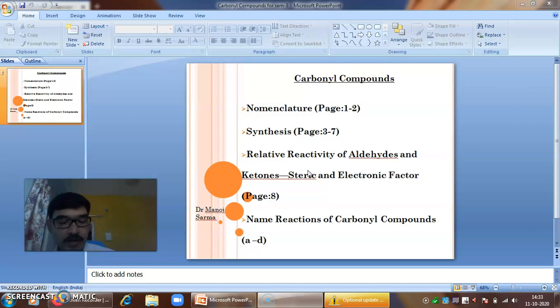Okay. Then another, on page number 7, synthesis of ketone from nitriles. You know that this is RMgX, which is Grignard reagent. When Grignard reagent reacts with a nitrile, you know, when a CN group is there with an alkyl group, this is called nitrile. Cyanide is also called nitrile. Then you have seen this is a nucleophilic addition reaction. Then you have got R-C double bond and MgX. R' here in the Grignard reagent, the alkyl group acts as the nucleophile, whereas MgX